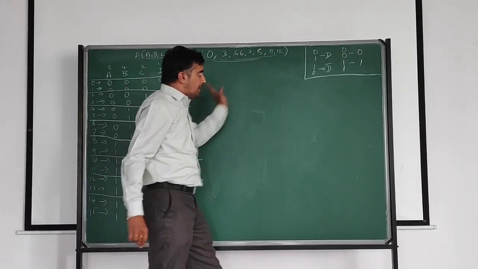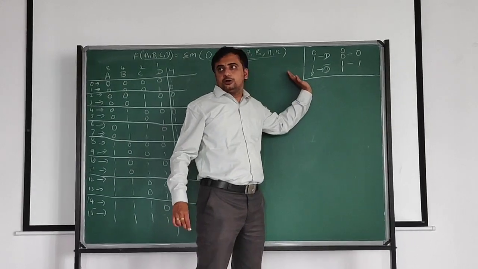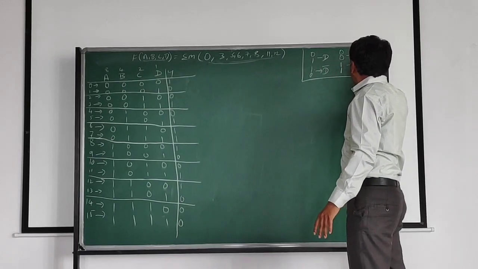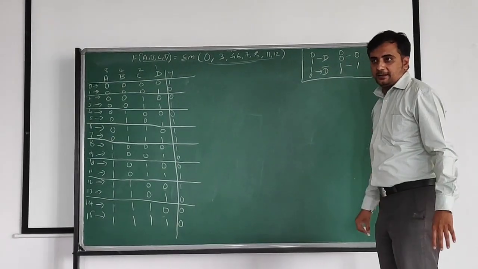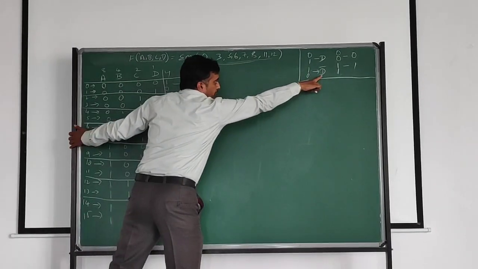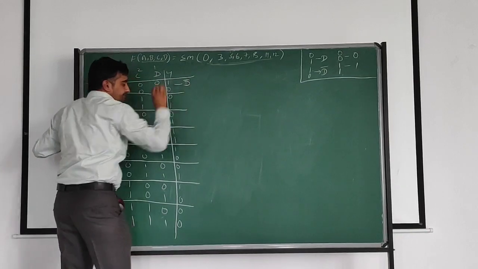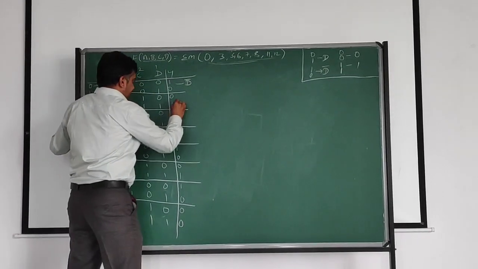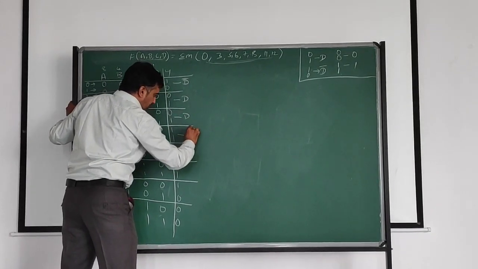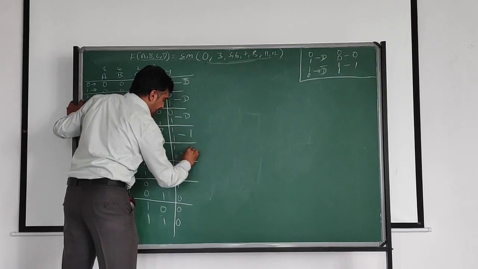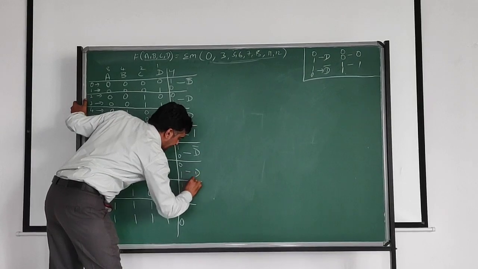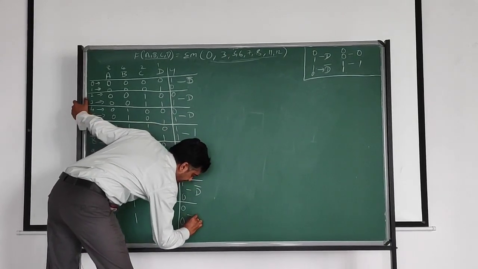After this, now come to this important note. Now we have to start. 0, 1 indicates D, 1, 0 indicates D bar, 0, 0 indicates 0, 1, 1 indicates 1. Clear? Now 1, 0, see here, what is the value? D bar. Clear? Next, 2, 3: 0, 1 indicates D, 1, 1 indicates 1. Then 1, 0 indicates D bar. And 0, 1 indicates D, 1, 0 indicates D bar, and 0, 0 indicates 0.